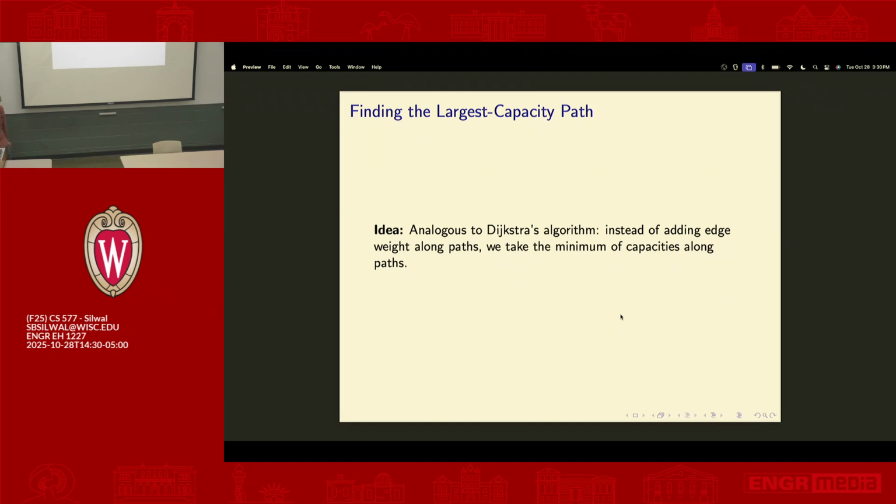All right. So now the question is, how do I find this best augmenting path? The path that allows me to send the most units of flow. Turns out it's the same as Dijkstra's algorithm. Kind of the intuition is, the thing we need on a path is